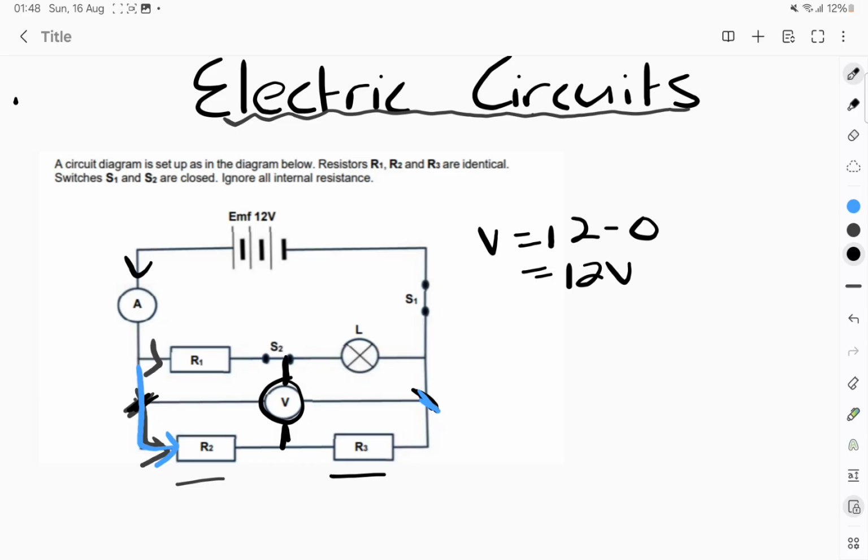So if the voltmeter was connected like this and you're asked what is the potential difference, basically it's the voltage that's passing through here and there. And then you're going to minus the two values, the bigger value minus the smaller value. That's the potential difference, okay? And